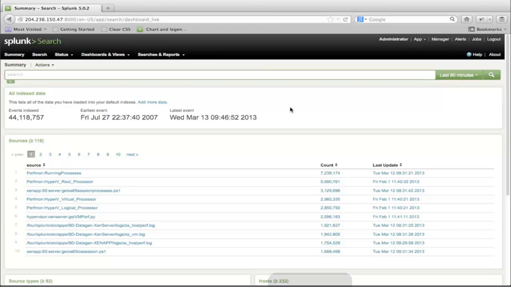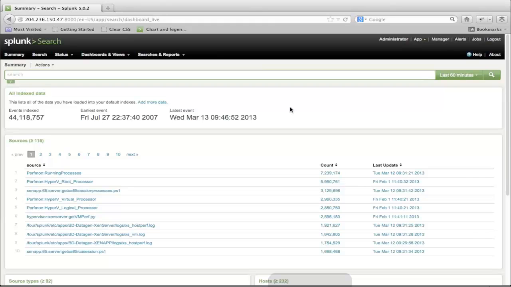So we have data coming into Splunk, and the user interface out of the box is a search bar where you start typing in things that you want to look for. Like I could just type error right here and it would come back with all the stuff that had the word error. Or if I type a username in here, it would come back with all the stuff that has that in there. Since I have a lot of different types of data in here, today I'm just going to focus on just a XenApp use case.